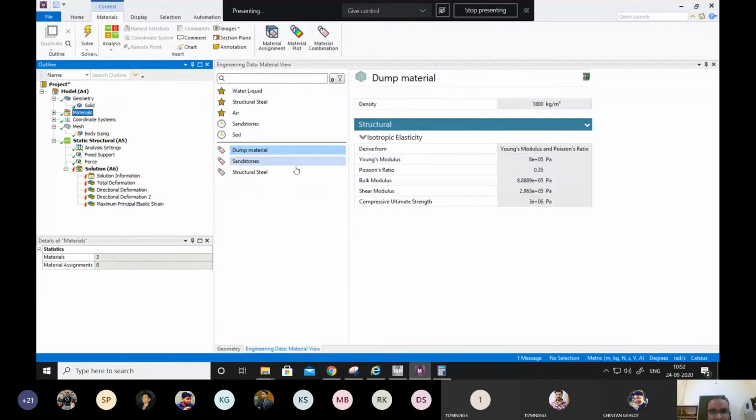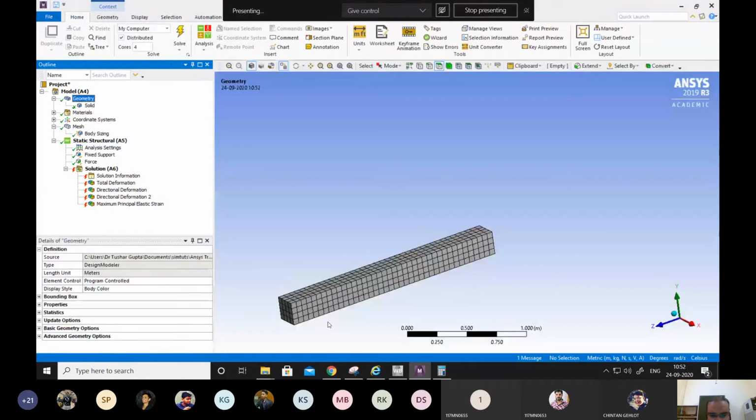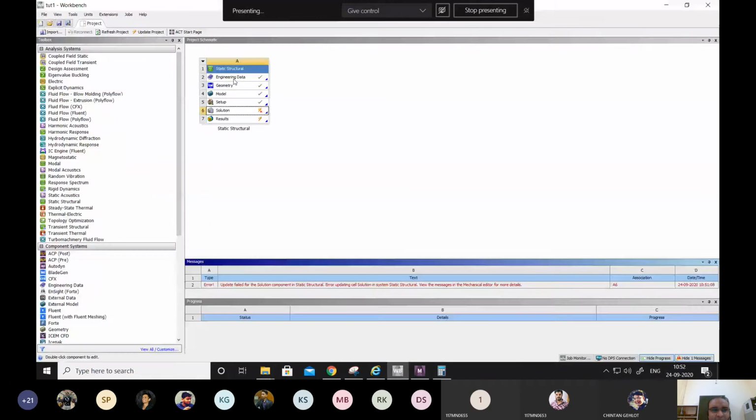Hold on. Okay. It has some conflict with the sandstone material that we took, but even though we didn't use it, some conflict is there. Let me just remove those sandstone and dump material.